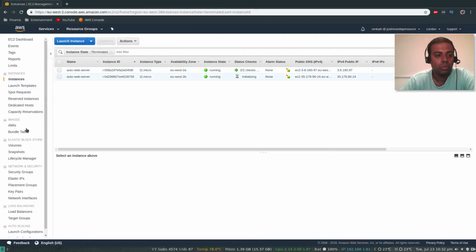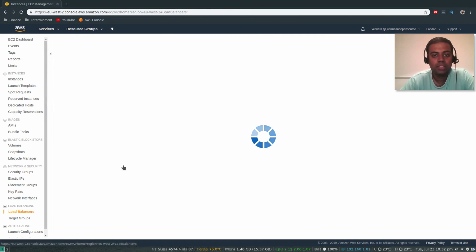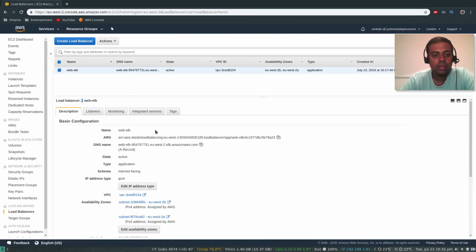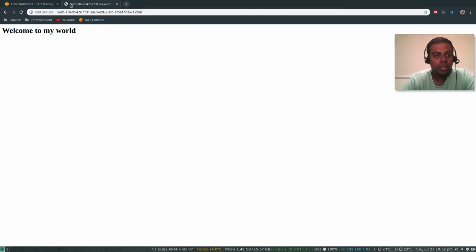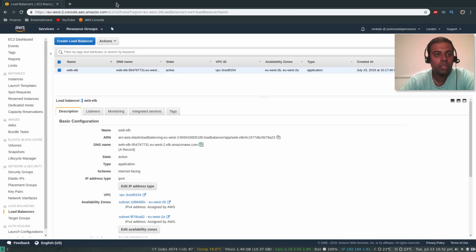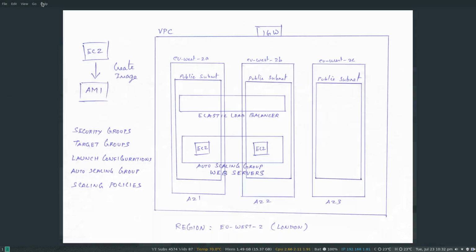Okay, so if we go back to load balancers and check the DNS name, paste, cool, "Welcome to my world," that's working fine. Okay, cool. So we have deployed a highly available web application across multiple availability zones and through the load balancer,